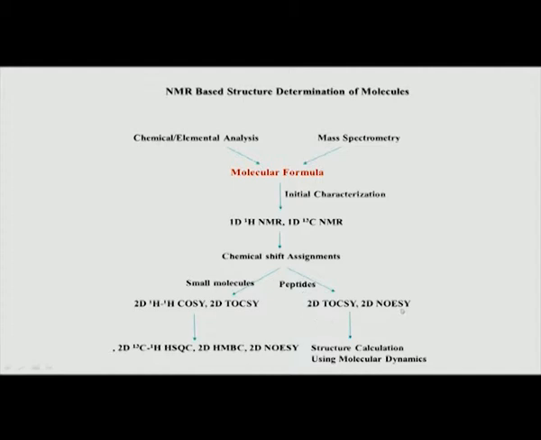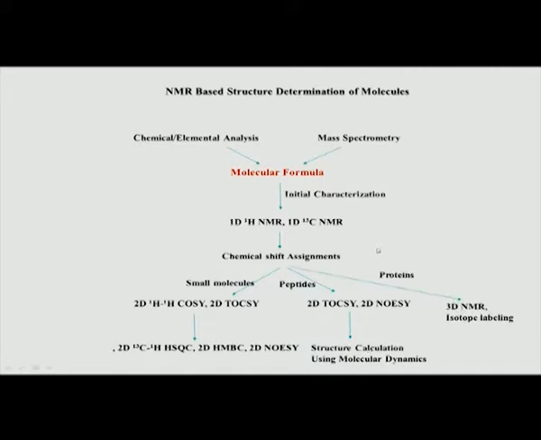Then once you have done that, the next step is the full-fledged structure calculation, that is, determination of the 3D structure using NOESY. The NOESY information is used, and the cross peak intensities are converted into distance information. Those distance values are given to a computer program, which carries out what is known as molecular dynamics calculation, and the output of that is the final structure. So, this is typically for peptides.